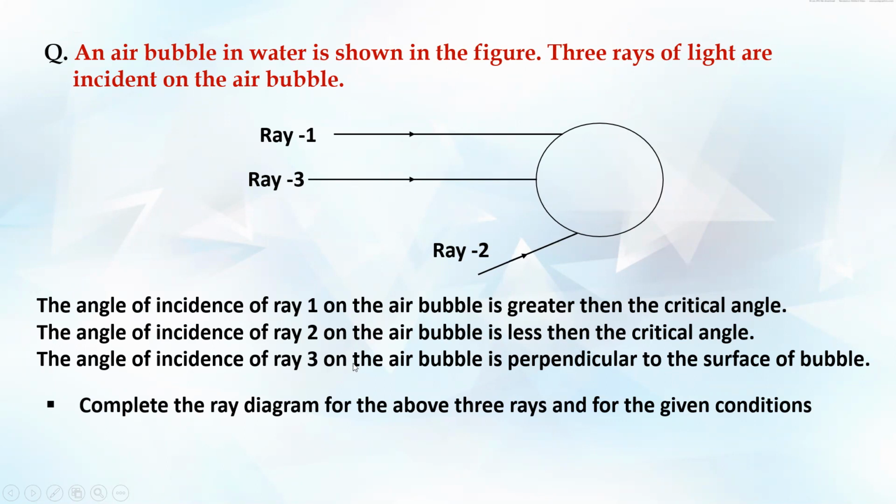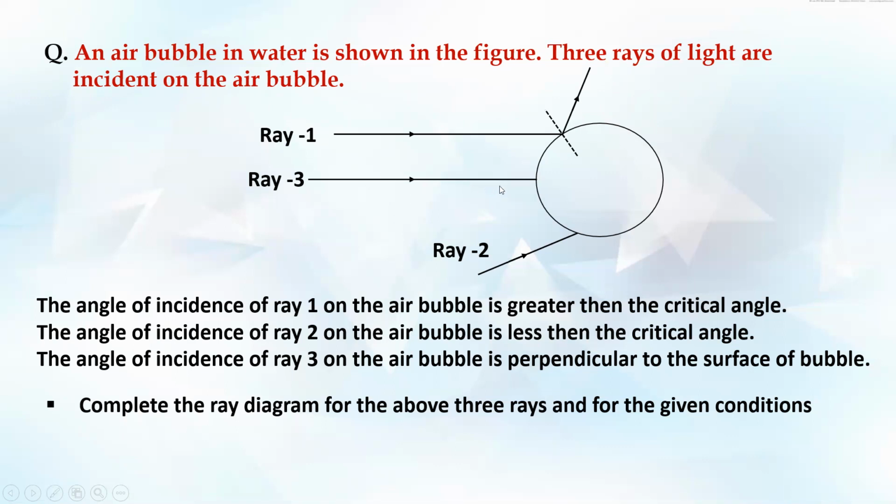What about ray 1? Total internal reflection concept. If the angle of incidence is greater than the critical angle, there is no refraction. Whatever ray of light is going gets completely reflected. That is total reflection, total internal reflection over here. So in this case, since ray 1 is hitting at greater than the critical angle, there won't be any refraction for ray 1. Will any of it refract, will any come inside the bubble? No. All the ray will go out.